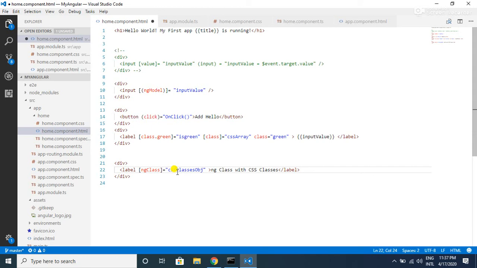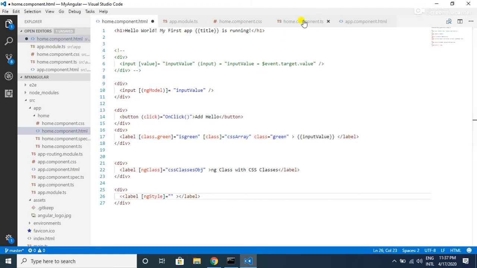And the next directive is the ngStyle directive, which adds or removes a set of HTML styles. Let's have one more div tag, and let me add a label, and here the syntax for ngStyle is similar to ngClass. ngStyle is equal to, and on the right side here it will not allow us the string format. We have to use multiple style bindings only, and that too in an object format.